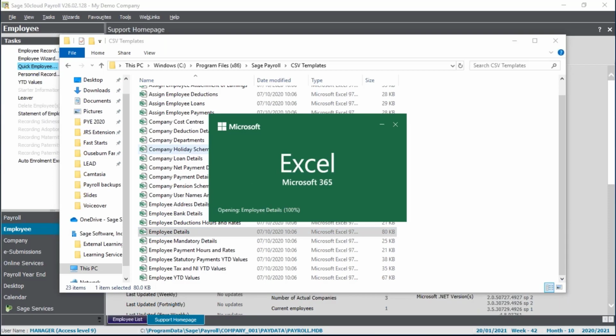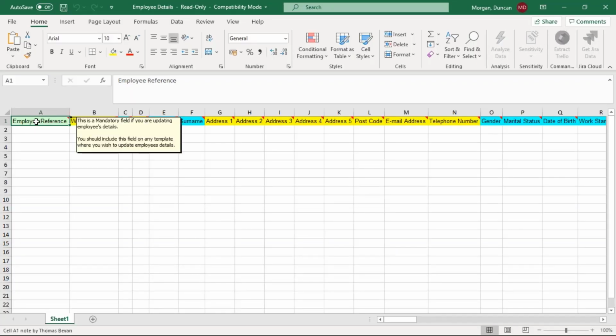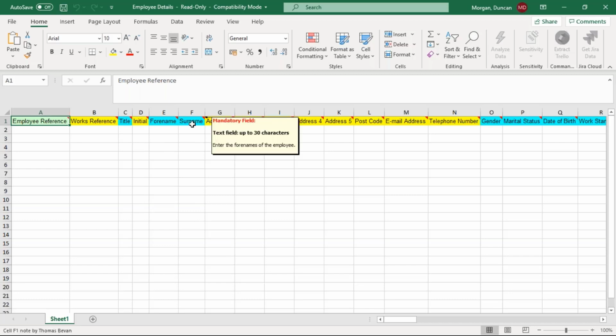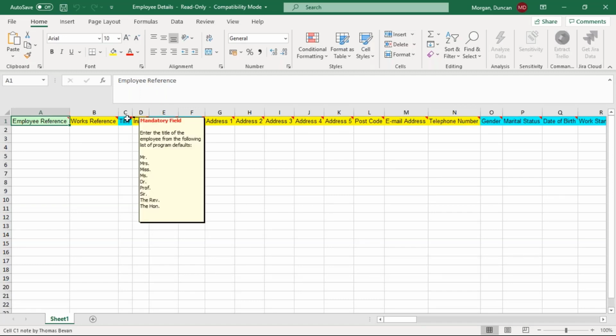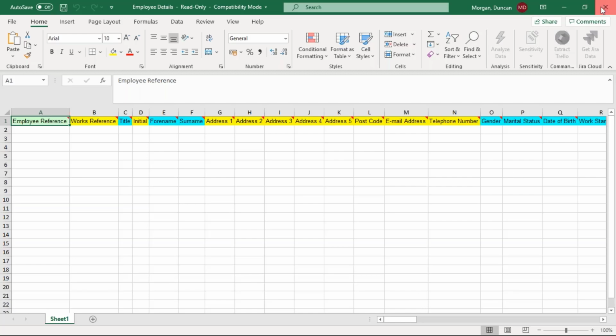So I'll start by showing you what the template looks like. It comes with all of these column headings entered for you. They are color coded, so anything blue is mandatory. And then the yellow fields are optional. And when it comes to employee references, it is mandatory if you're updating an employee detail, so it knows which record to update. Or if you leave it blank, it'll just use the next available employee reference and create a new record when you import. So each field will give you more information in the comments as to the format of what you need to enter. And to show you one that I created earlier,